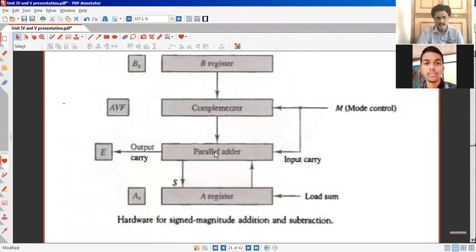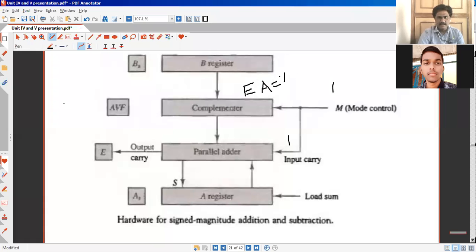After doing the addition, at the instant when addition is performed, carry will be here. After addition is over, carry will be moved. Suppose I want to do subtraction, then this mode will be 1 and here the initial carry will be 1. Then we already know how subtraction is done. EA is the result. E is nothing but the extra bit, the carry bit.